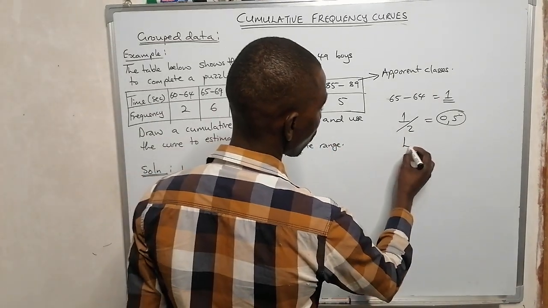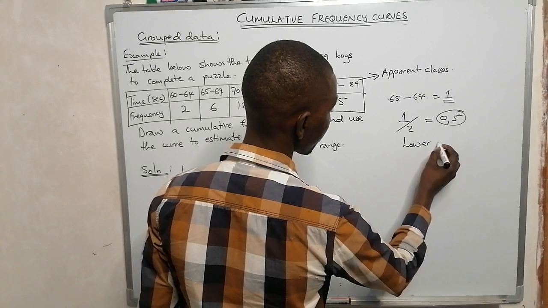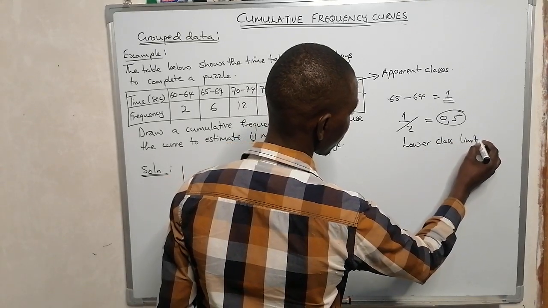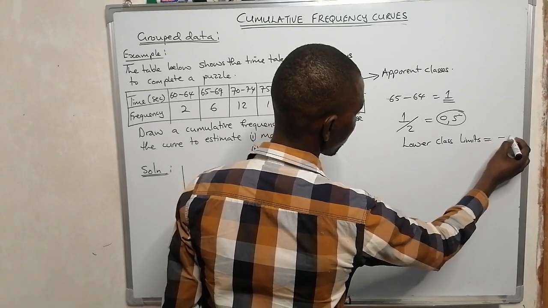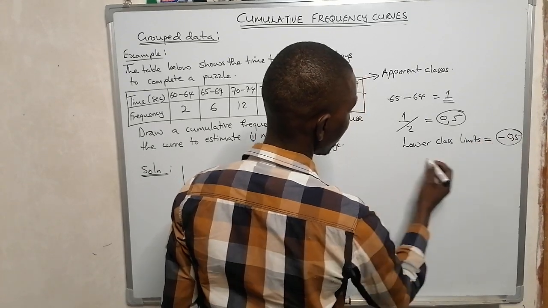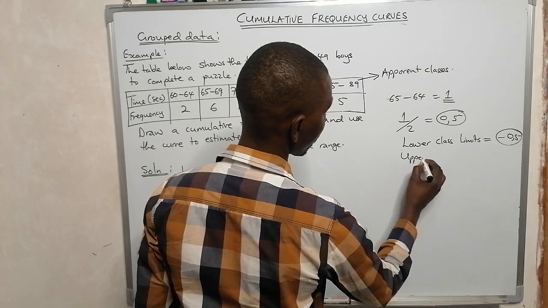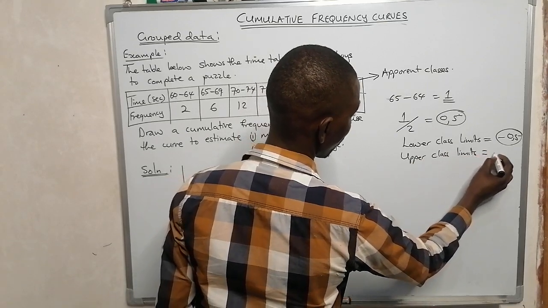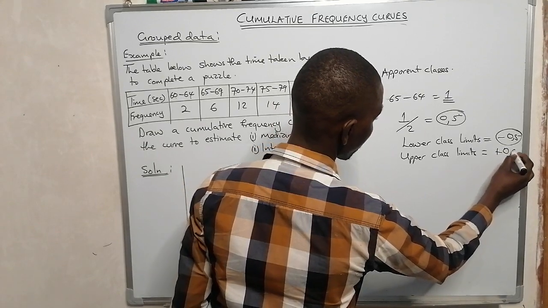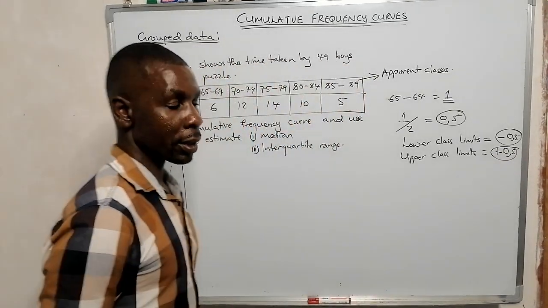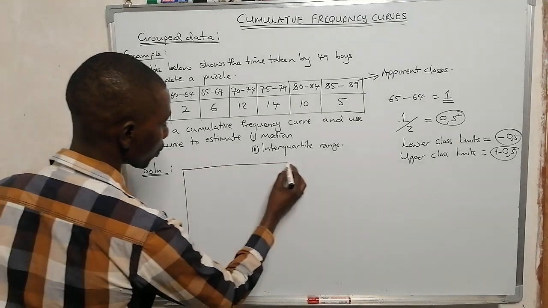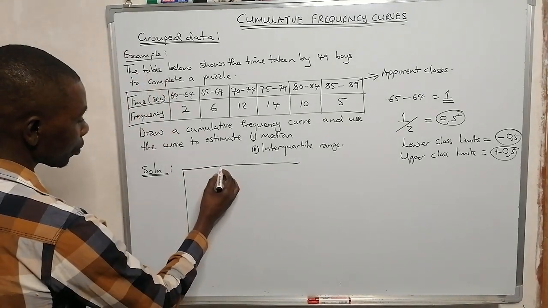So on lower class limits we are going to subtract 0.5, then on upper class limits we are going to add 0.5. Right, so our table now